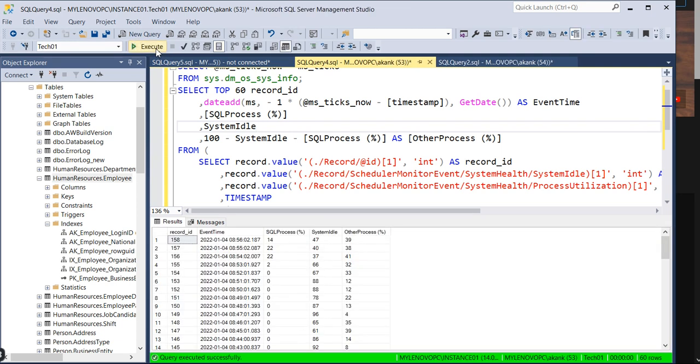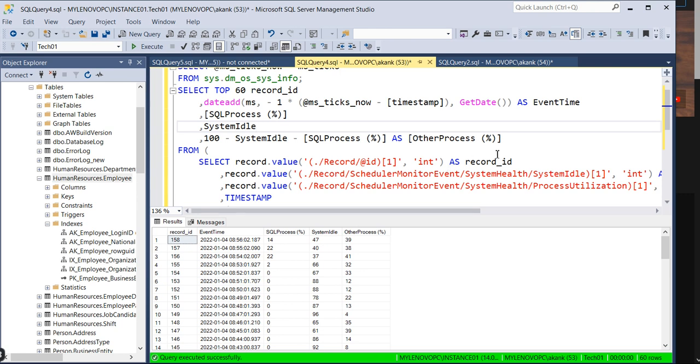It's a test lab environment. This way you can figure out the highly CPU-consuming queries, analyze the reports, and then discuss with the developer to tune the query. Killing a session is not a good idea. You also need to take permission.